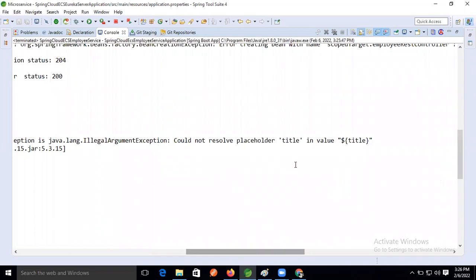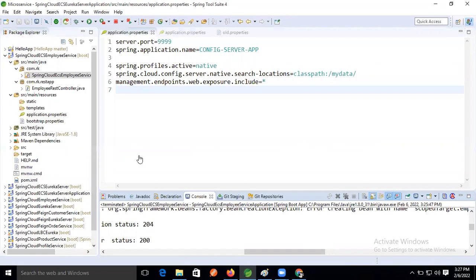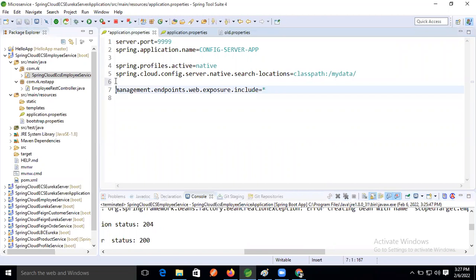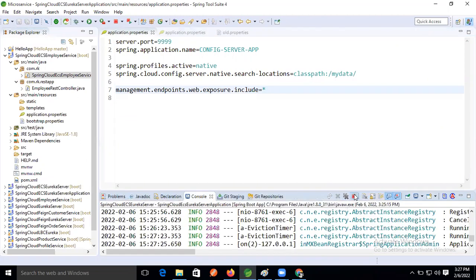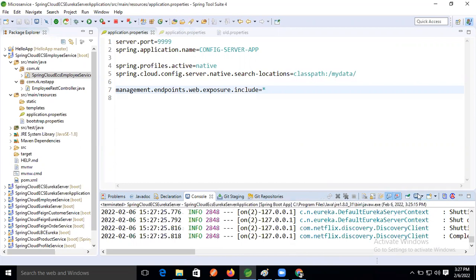Oh, this one is giving the problem. Title. Or is microservices giving the problem now? No issue. Yes, it will give the problem because the problem is in our native config, right? The data is not able to be fetched because that one is not running.